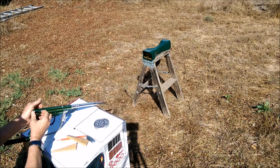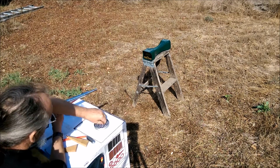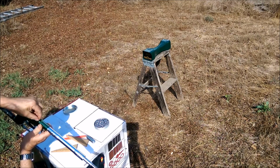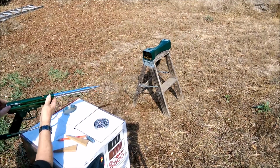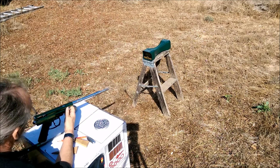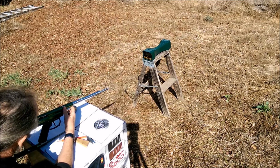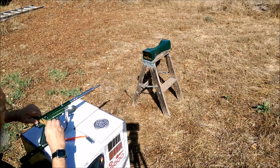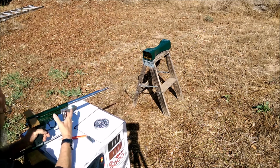I'm only running off these little CO2 cartridges. I'm not sure how much air this thing will take, air pressure wise. It should be able to take as much as a Marauder even, you know. I really don't see why not. The aluminum, the whole receiver is 1/8 of an inch thick aluminum. So it's,